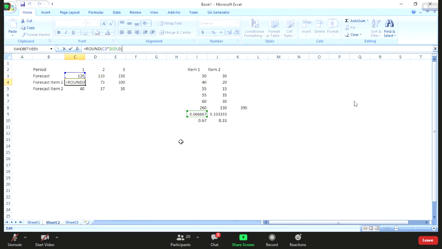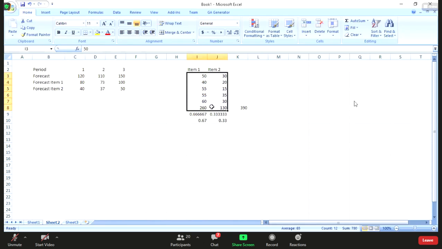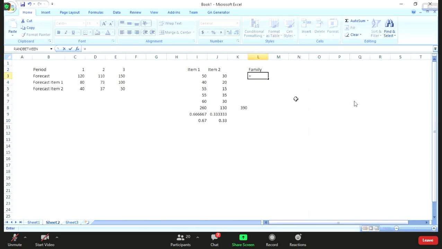Let me review again about forecasting. When you go to the marketing department, you can get this data, demand on item. But if you want to conduct forecasting, you need to aggregate it to become family. So the family will be the sum of this one plus this one. You copy it down, and you will use this data to conduct forecasting. Please be careful, students. This is very important.